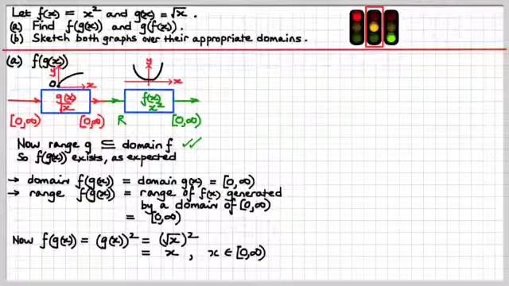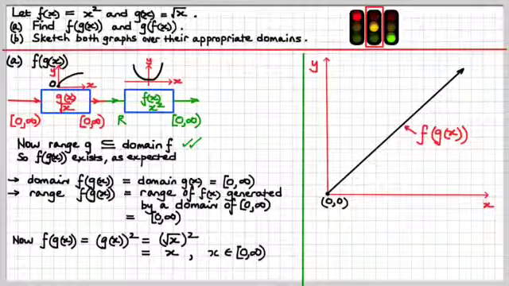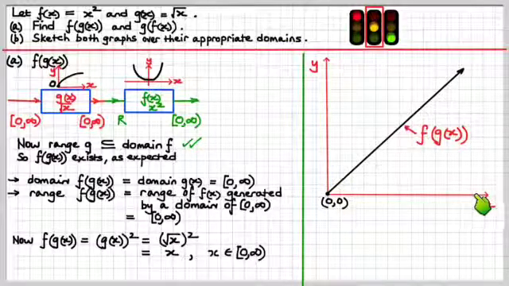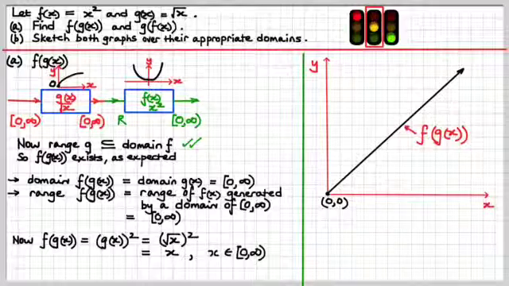So, would you be able to draw that and get it right in a sketch graph? Okay, there it is. Okay, it is basically y equals x, but it starts at the origin and moves this away. Okay, in terms of the x from 0 included up to infinity. That is your sketch graph of f of g of x. Okay? Did you get that? Well, jolly good show if you did. If you didn't, have another think about that and go back over it